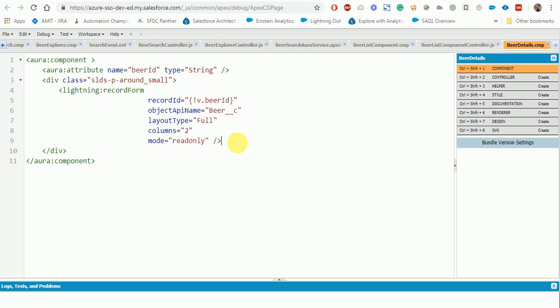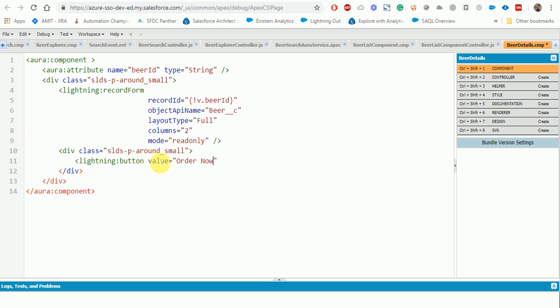So here, use another div, you can use the same class here, and then use lightning:button, with the label Order Now, and variant as brand.